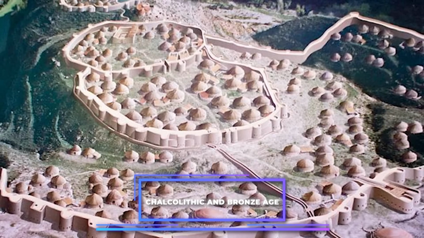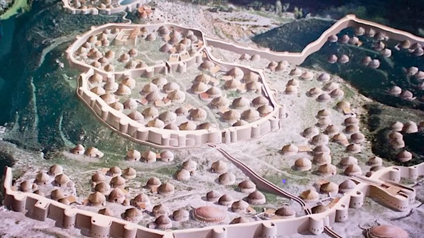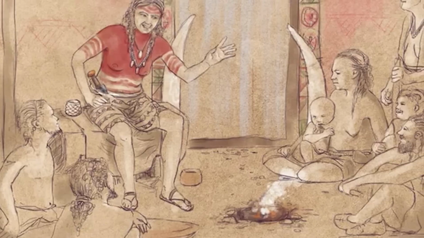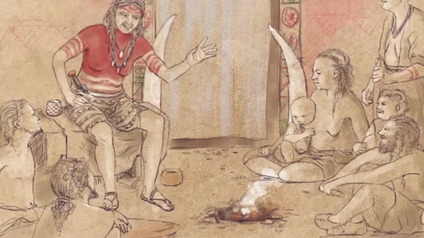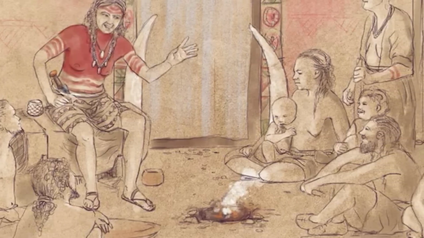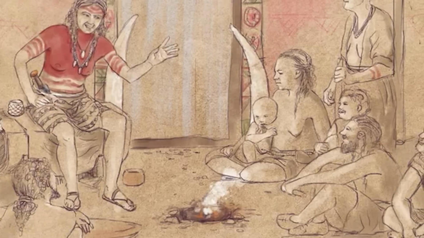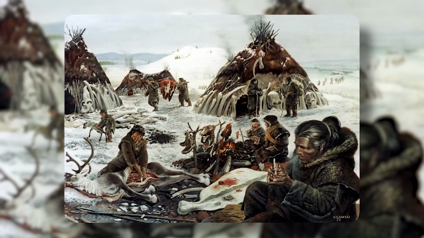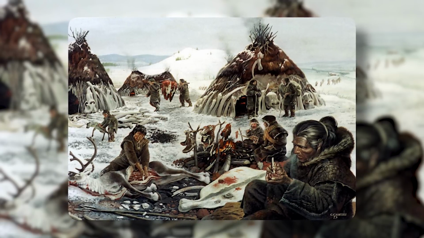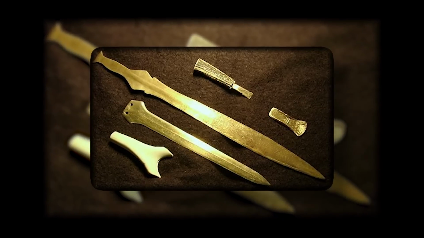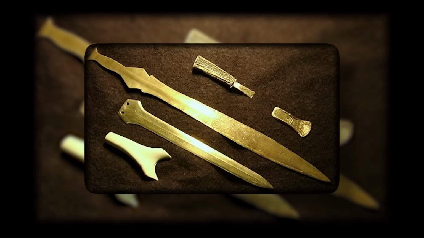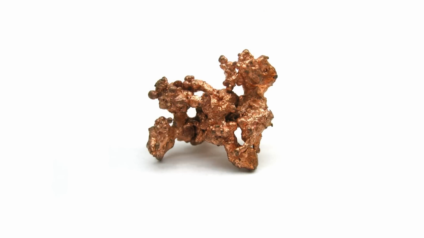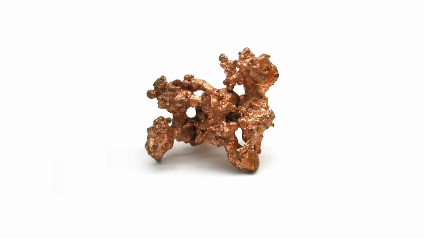During the Chalcolithic and Bronze Age, humanity's ingenuity continued to shape the course of history. The Chalcolithic Age, often called the Copper Age, was that time in history when people were kind of in between the Stone Age and the more famous Bronze Age. It all kicked off around 3300 BCE, give or take. What made this era special was the introduction of copper into the mix.